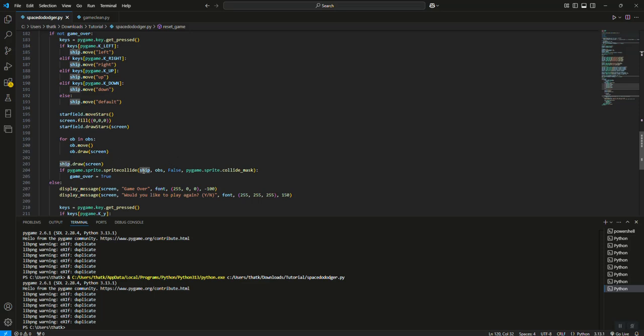And what this does is create a list of everything in obs that collided with ship. In a later video, we're going to look at actually finding out which objects collided, but for now, we just want to know if it collided with anything. False, false says basically true or false: do we want to kill the obstacle that touched our ship? At this point, we don't want to, so we're going to put that as false. And then we put in this